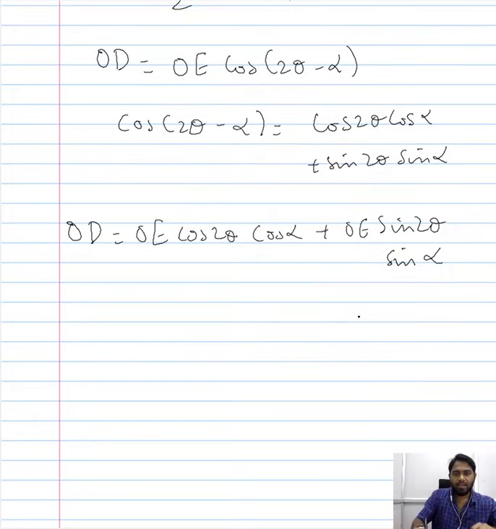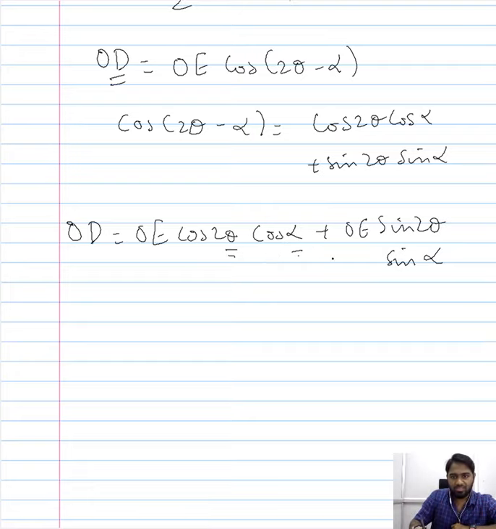Now we know what our theta is. Theta makes physical sense, that is, it includes the angle of inclination of our desired region of interest. However, alpha does not make any physical sense, because it is just an angle we want to separate or remove so as to quantify OD. So alpha is just an angle that we removed from the 2 theta in order to quantify the segment of our interest, that is OD. So what we want to do is get rid of this alpha and see how we can get rid of it.